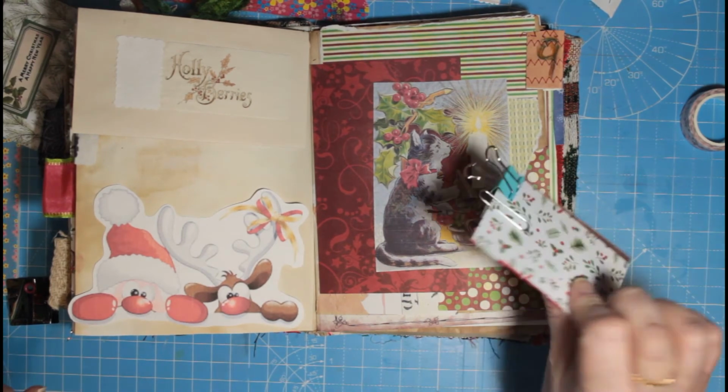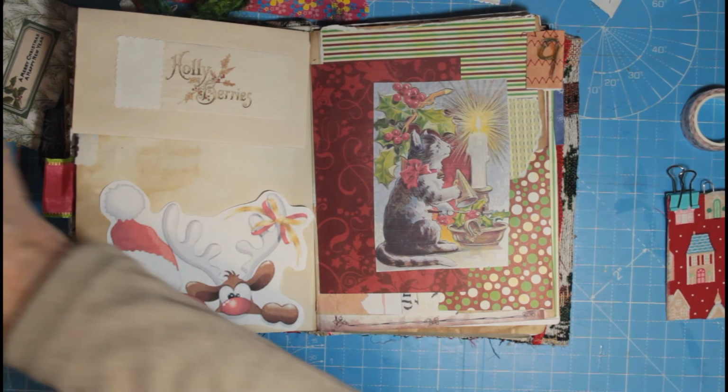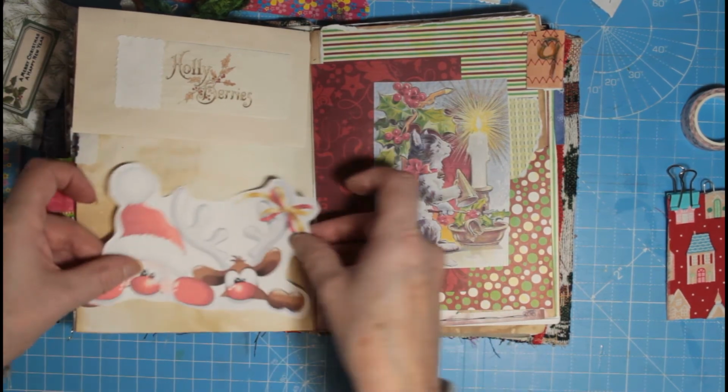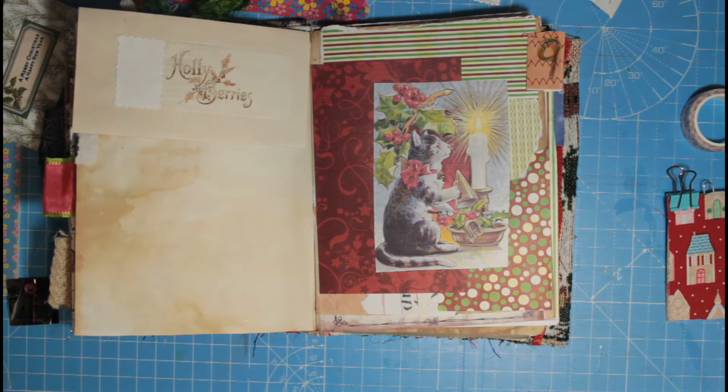So I've just got my paper clip. I've just glued it together, and I'm going to just stick this on here because I like that. That looks really nice. Let's get the clean little...